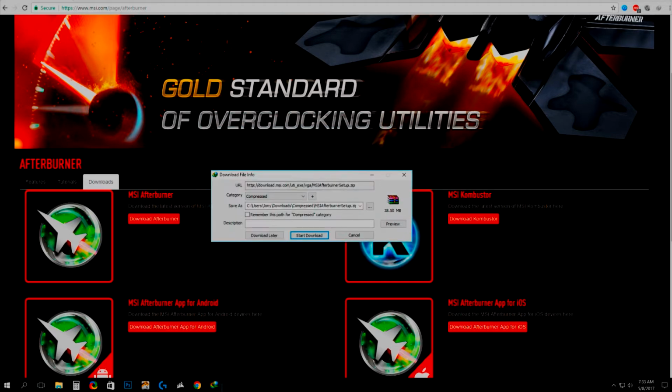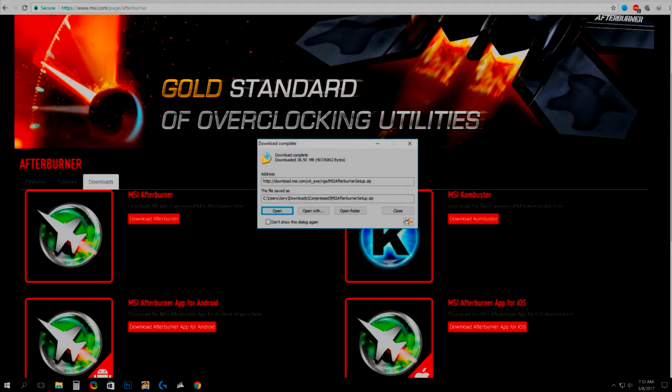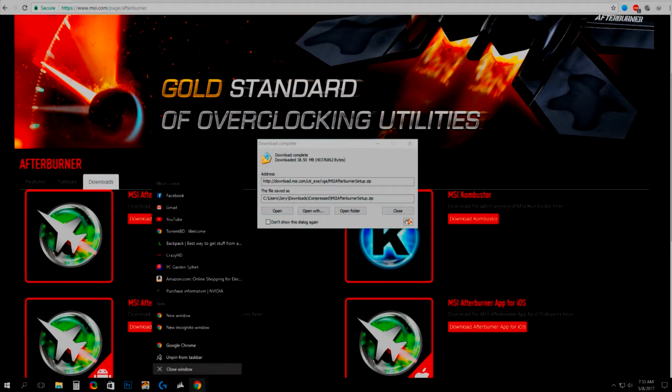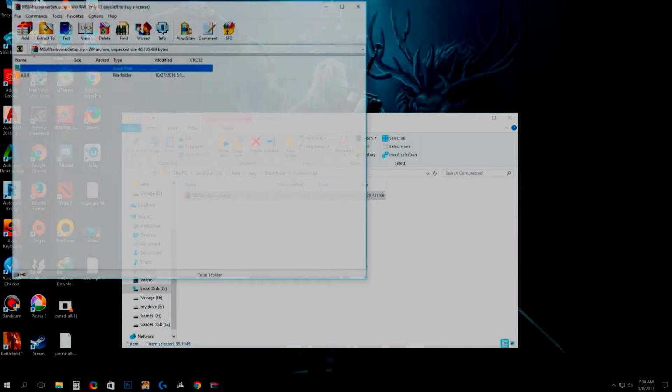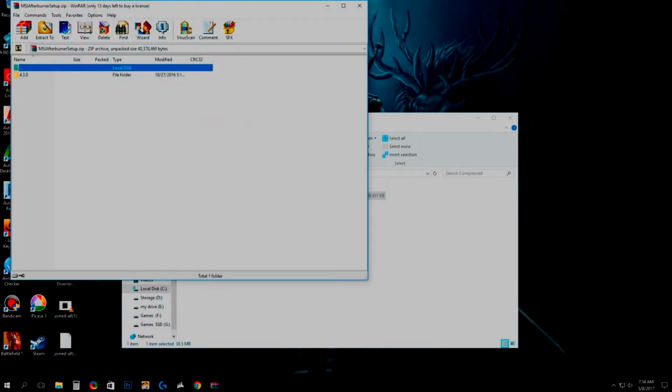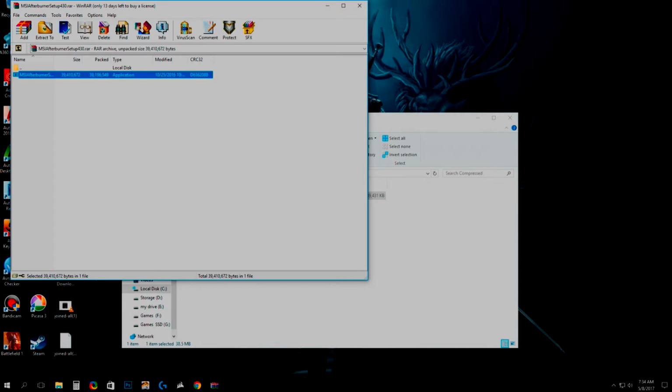and it's a compressed file. I'm gonna start the download, and I'll close my browser and open the folder. Double clicking it, it's version 4.3.0, and double click on MSI Afterburner setup. Click yes,